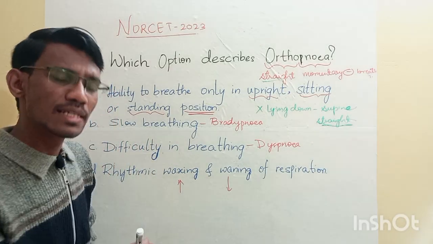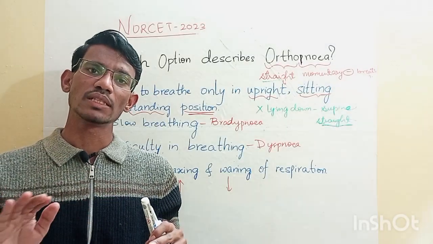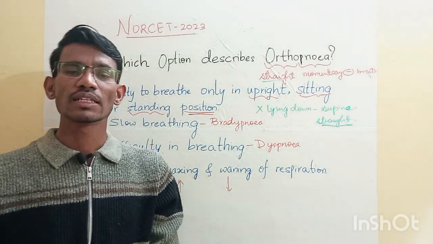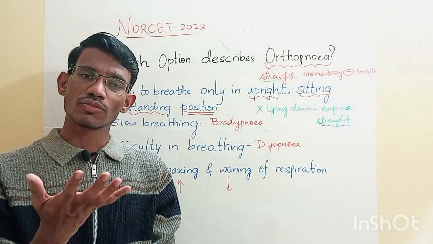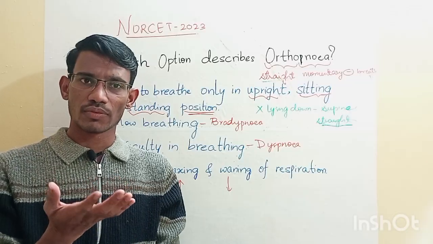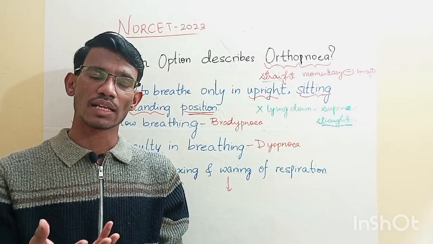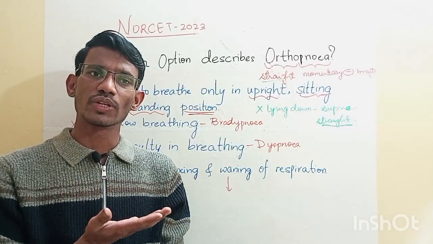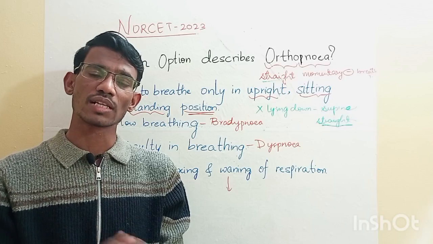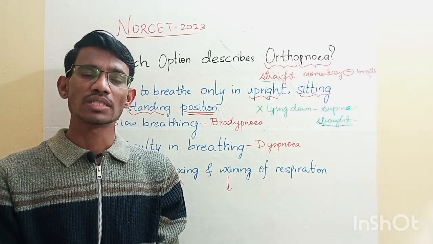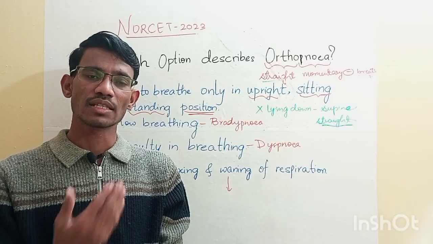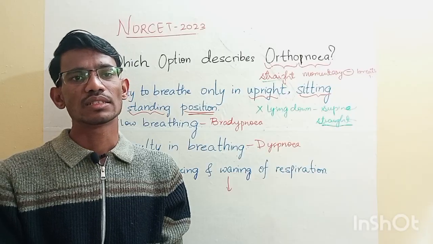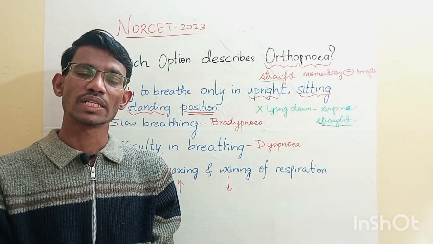So orthopnea is a condition where the patient is unable to breathe or has momentary stopping of breathing when he is lying down. It occurs more commonly in congestive heart failure when there is collection of fluid. When the patient lies down, the heart is unable to pump as a normal individual. As a result, some fluid gets accumulated in the lungs. Because there is fluid in the lungs, there is less oxygen transfer going on. As a result, the patient feels difficulty in breathing and he wakes up and takes up the standing or upright posture so that the fluid gets drained out from the lungs and the oxygenation improves. As a result, the patient feels better.